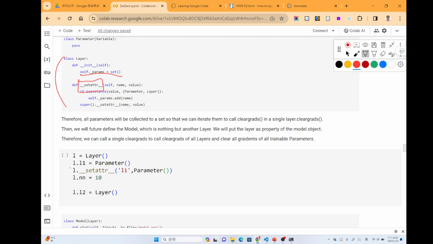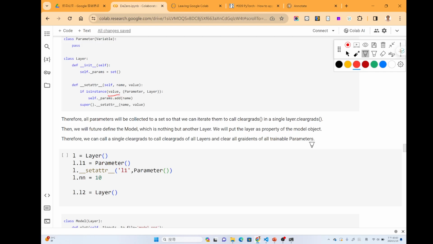For this line of code, if we assign a parameter to the L1 attribute of the layer, this function will be called. And inside this function, we will first check the value.